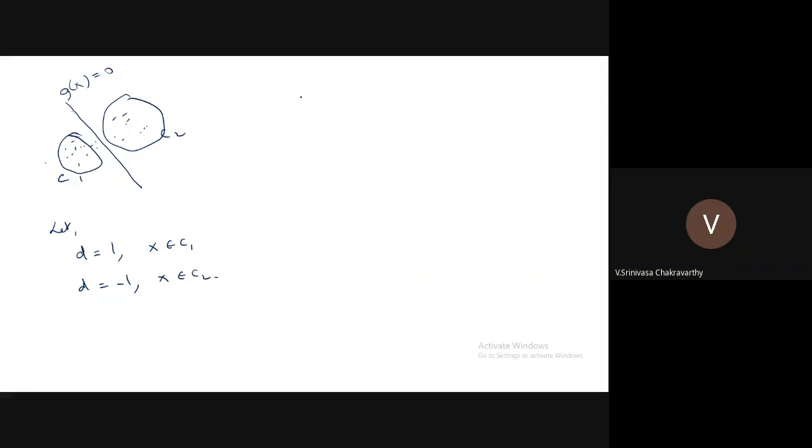We know that if X is in class 1, G of X is greater than 0, and if X is in class 2, G of X is less than 0. So with this new quantity D, we can write this as